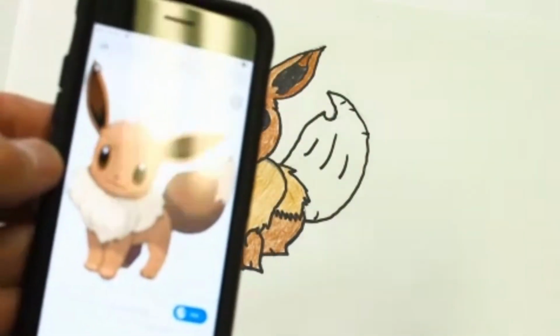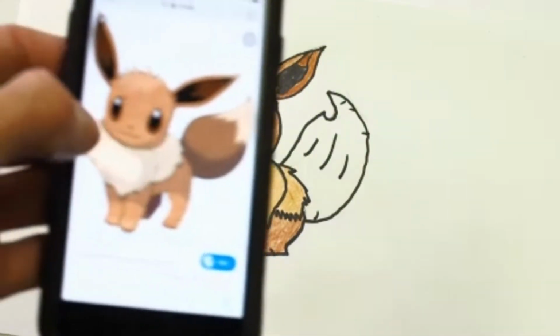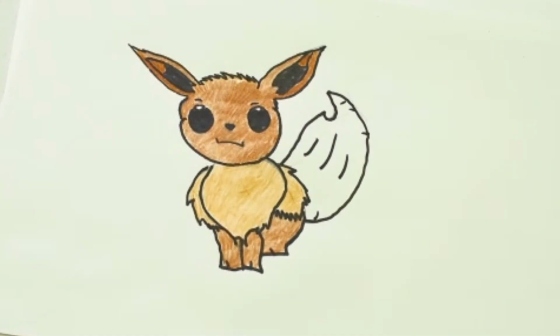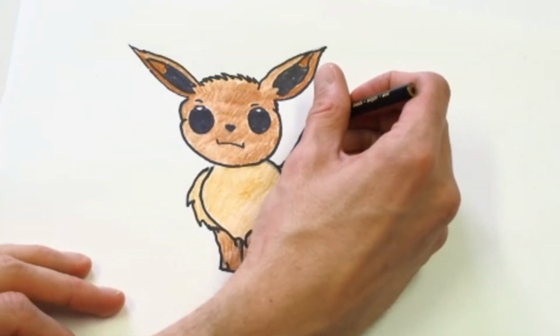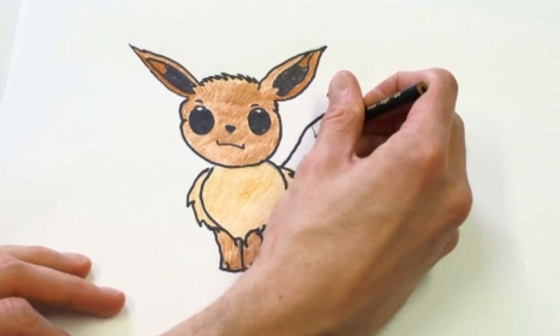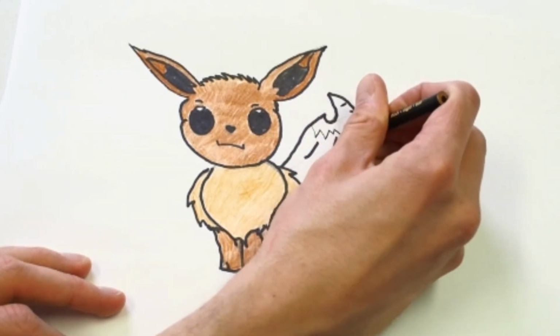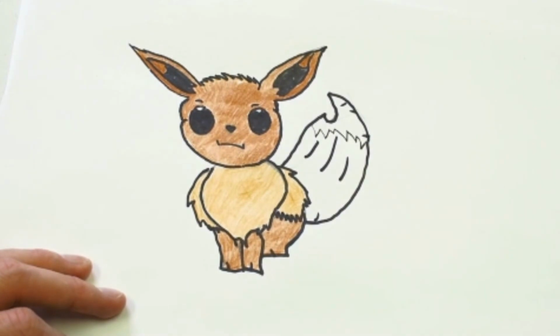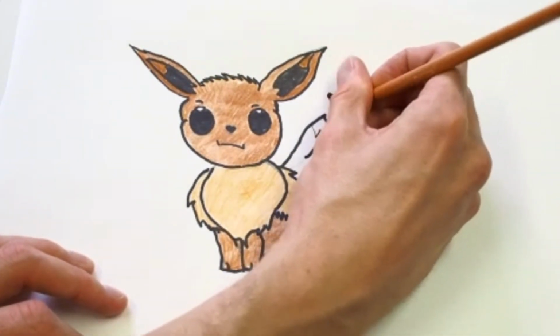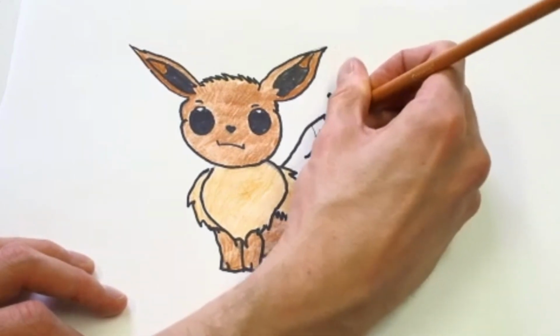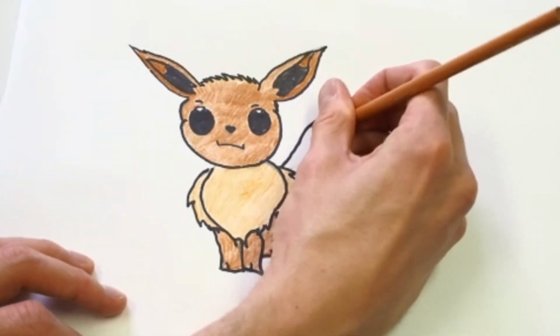Our tail's kind of weird, but we actually forgot that Eevee has this little patch back here. Now, good thing we saw this in the picture so that we can actually fix it. So in yours, you can actually just add that line. And basically what that does is it separates the light patch on Eevee's tail to the dark patch. We can actually just